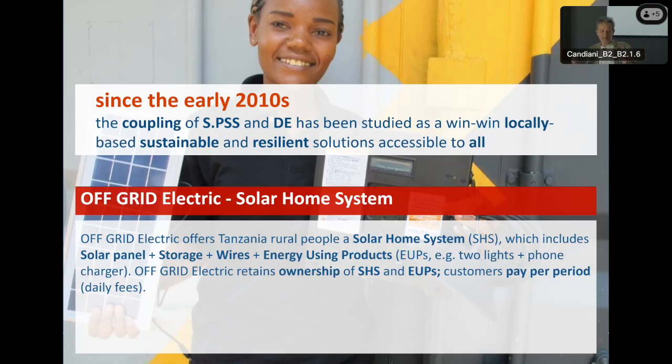What is it? So they offer a kit to rural people, a kit with a solar panel, with some batteries, with even some light for lighting, with a charger. Okay, they offer this. So this is distributed because the solar panel over the roof is distributed, is even renewable, so it's much better than the other in environmental terms. But how do they offer this? They don't sell it. They offer it as an SPSS, as a sustainable product service system.